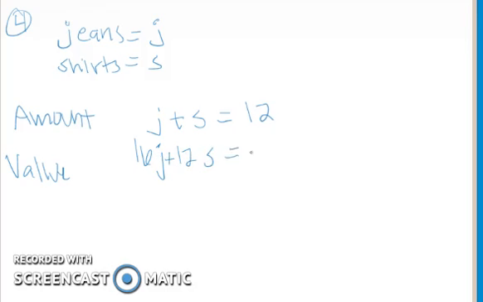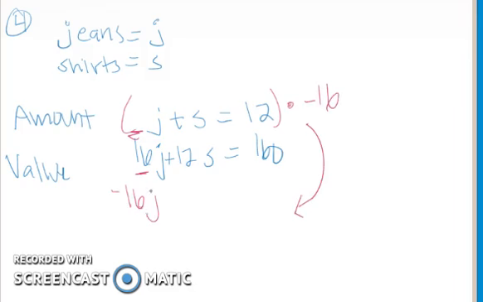And she spent a total of $160. The question asked me how many shirts did we buy? So we want to cancel out the jeans. So we want these two numbers to be the same. Right now there's a 1 there, so we're going to multiply by -16, so we get a negative. You get -16J